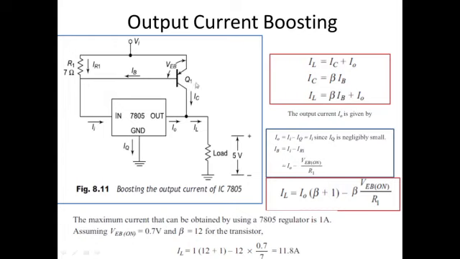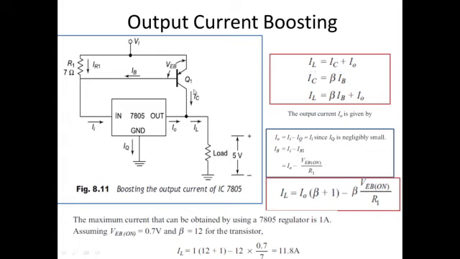When it is turned on, the extra current that is flowing will flow through your Q1, not through your 7805 IC, because your transistor is turned on by the voltage drop across this resistance. So what will happen here? The extra current that is required over here will flow through the transistor Q1, and that will be delivered to the load. Okay, so now the equation happens to be like this.